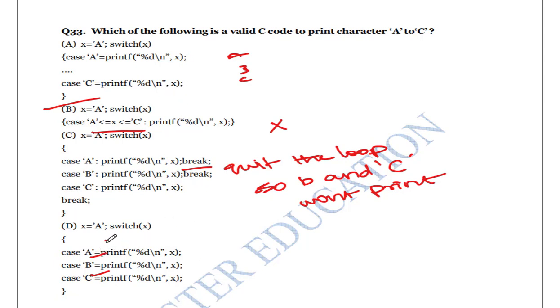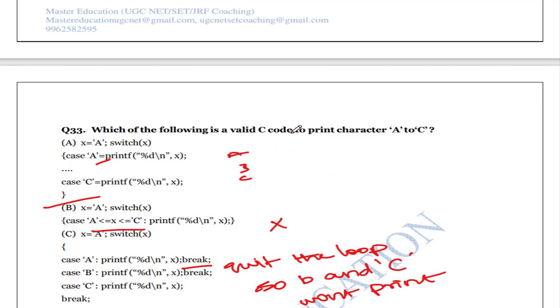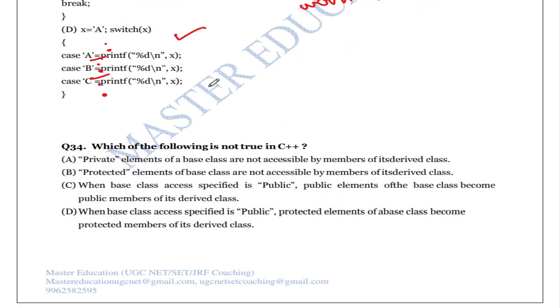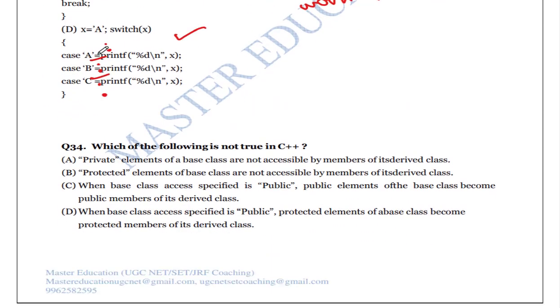So in this all the options are wrong. Here they have to give this colon. If they had given the colon here, option D will be the right answer. So there is a mistake in the question itself. If they have given the colon, then it will work out. So x is assigned as A, switch x, so it will go to case A, it will print A and then B and then C. All the subsequent cases are executed because there is no break present, right? Yes. Option D is the answer for this, if it is given as colon here.